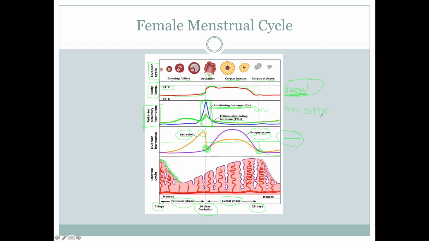In the same way that people urinate on sticks with an X on a pregnancy test, they're looking for a hormone called human chorionic growth hormone. Ovulation tests test for luteinizing hormone. So if people were trying not to get pregnant, if they had a positive ovulation test for LH, then they should avoid intercourse. If they're trying to get pregnant, that means that they're now in their fertile window.